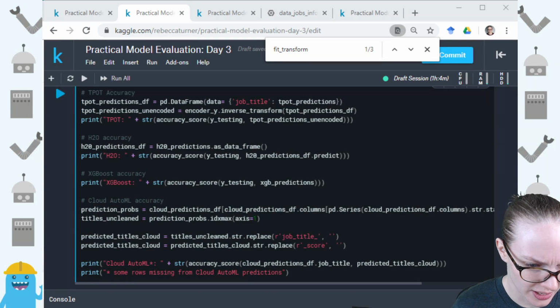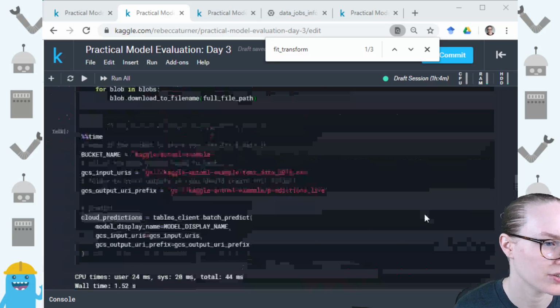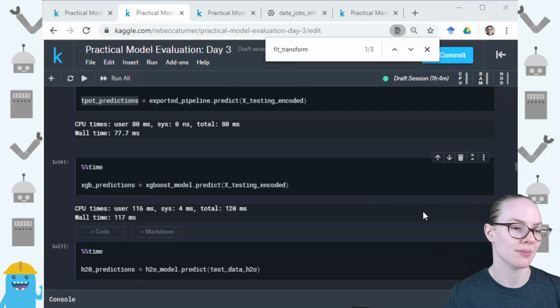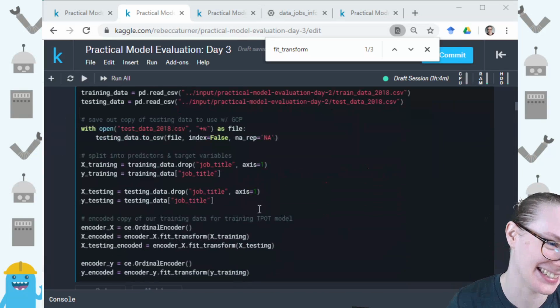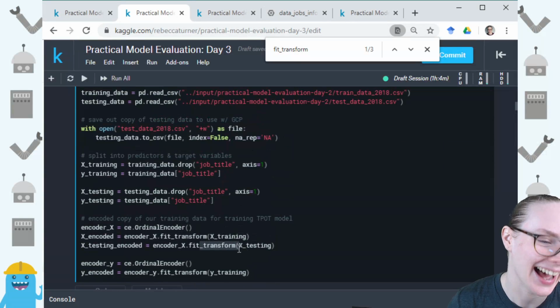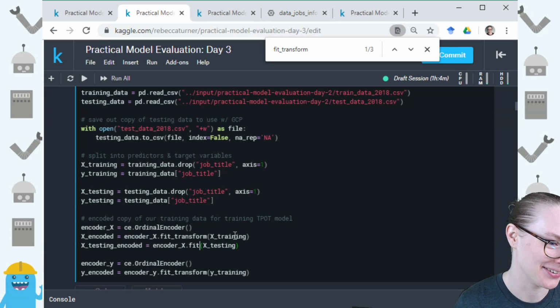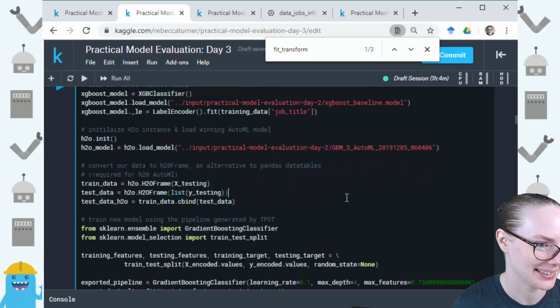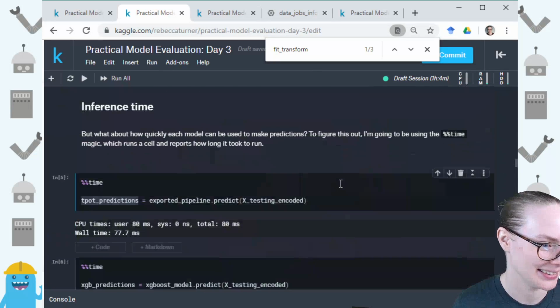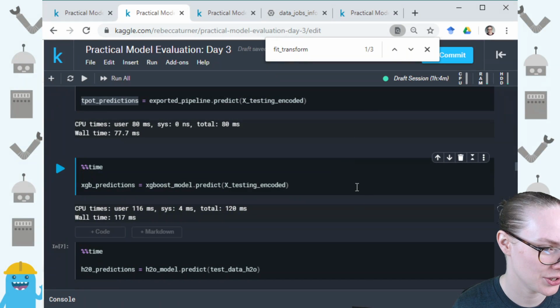It should just be transform. Fit transform or just transform. I'm refitting the model. Okay. I understand the words you all have been very patiently saying to me in the chat now. I gotcha. I'm picking up what you're putting down. Yeah. All right, so now we should